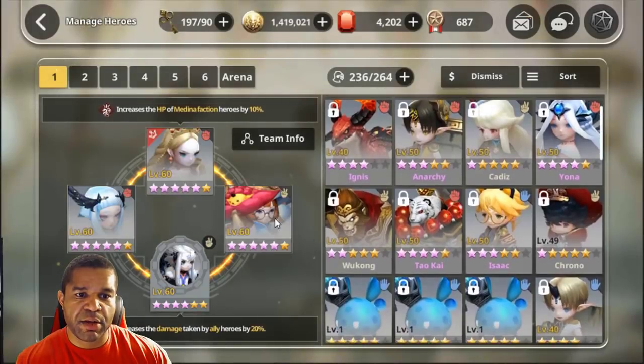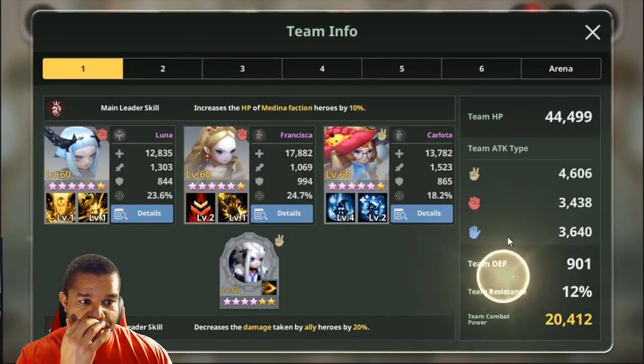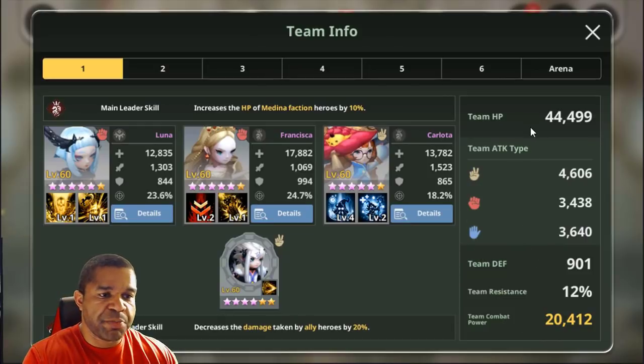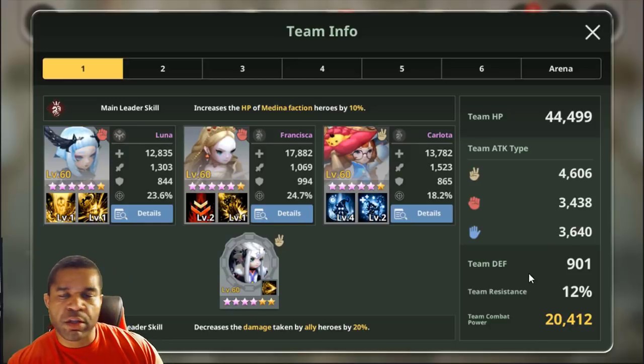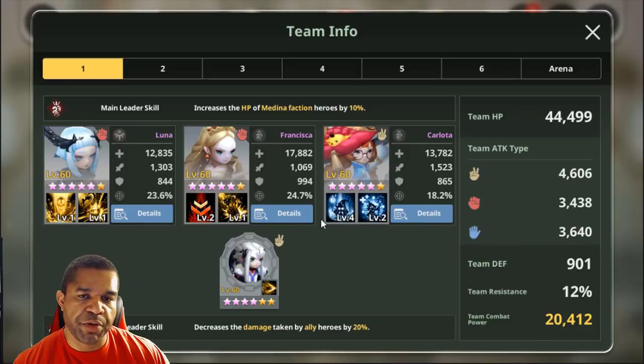If you guys are not familiar with that, we'll go ahead and bust on over to here, right? We take a look at the team info. The base HP, the team HP, the team defense, the team combat power, all of those come into play here. So when you think about the value that you can add